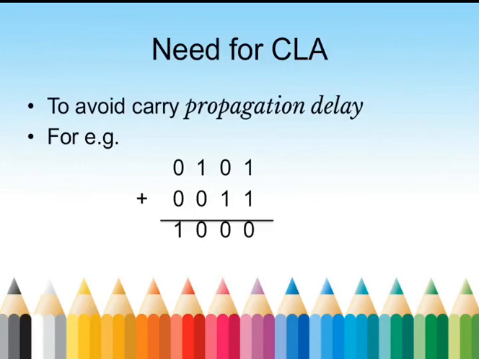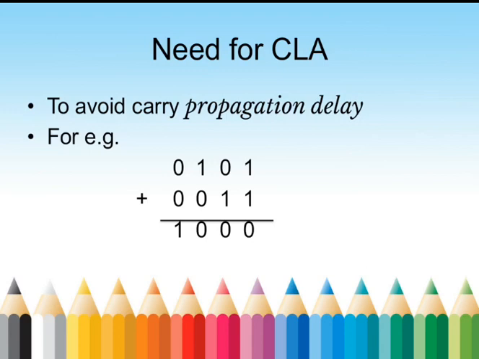In the parallel adder or ripple carry adder, the carry output of each full adder stage is connected to the carry input of the next higher order stage. Therefore, the sum and carry outputs of any stage cannot be produced until the input carry occurs. This leads to a time delay in the addition process. This delay is referred to as carry propagation delay. So to avoid this carry propagation delay, we use the CLA generator.